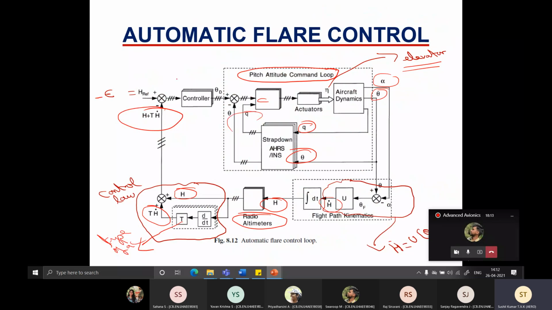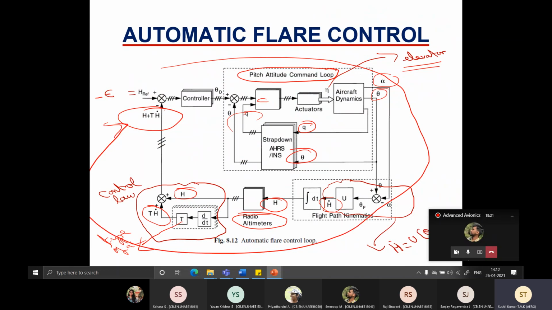So you have this outer loop, which is the actual autopilot, going on for the flight control, and you have the inner loop, which is the flight dynamics. Sarup, are you getting it? How it is implemented? Few things are not there in the reference book, that's why I thought I'll just write down the equations. In fact, it is explained very well in Blake.